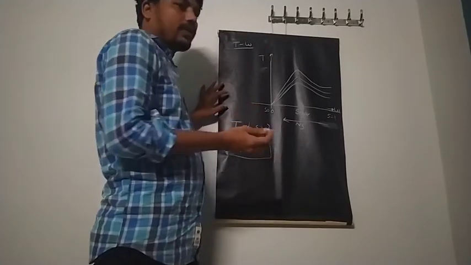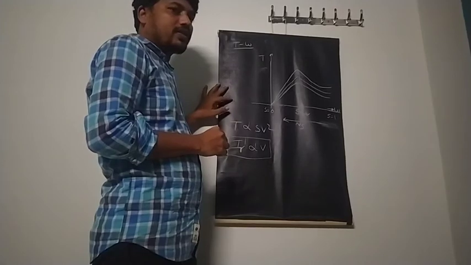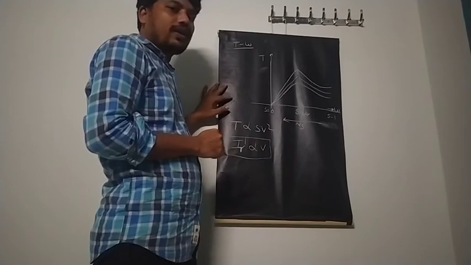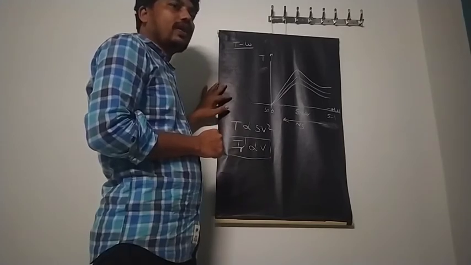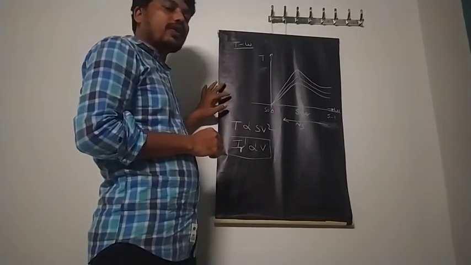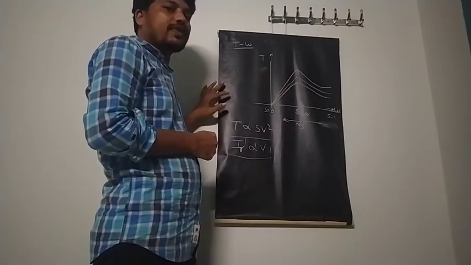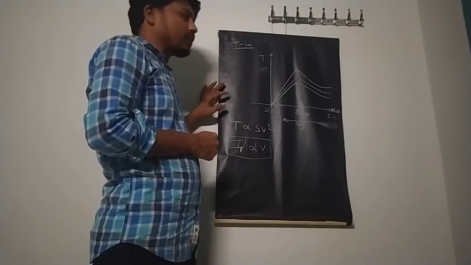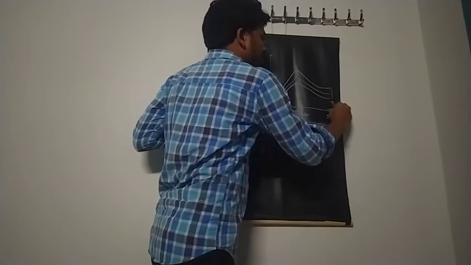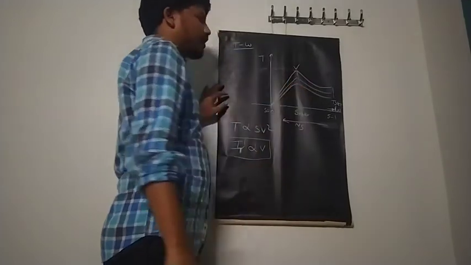For example, the motor rotates at rated speed and draws a rated value of current, and develops a torque at the rated voltage value. For example, 415 volts is given to the three-phase stator of a three-phase induction motor, and it develops a torque of T starting like this. This is the T starting whenever the motor is at rated voltage, capital V.